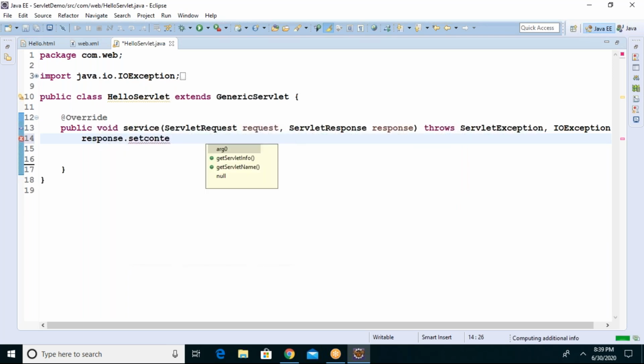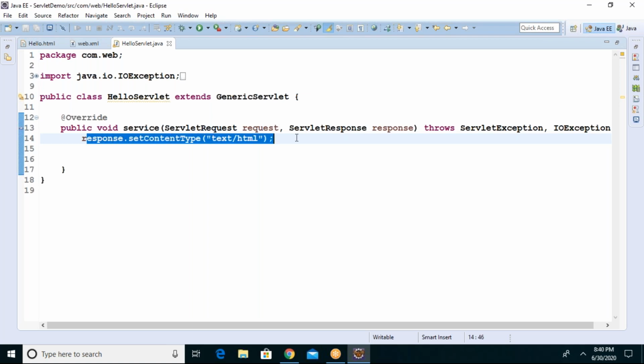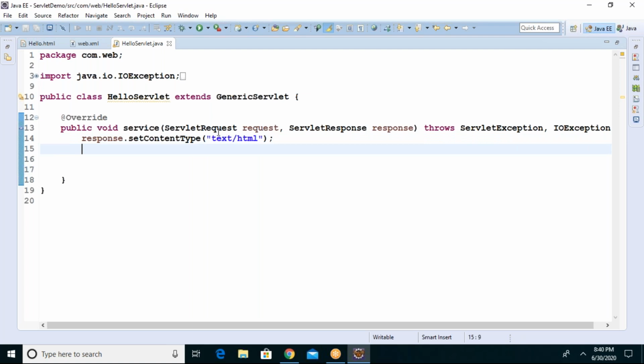Dot setContentType. This is the method where you specify what type of data you are sending to the browser. Guys, this is like a pre-intimation to the browser. What type of data or output we are sending to the browser, we need to intimate before. So I am sending HTML code or normal text in my response object as my response to the client browser. The second process, if you want to write output, you need to write the HTML code.